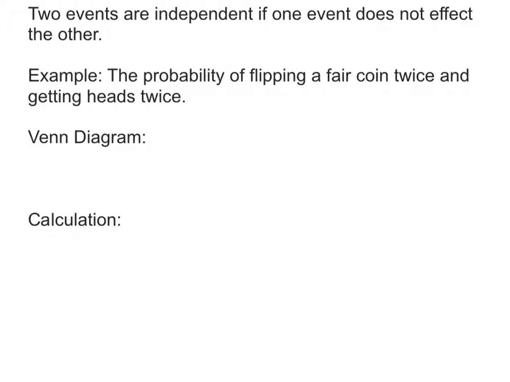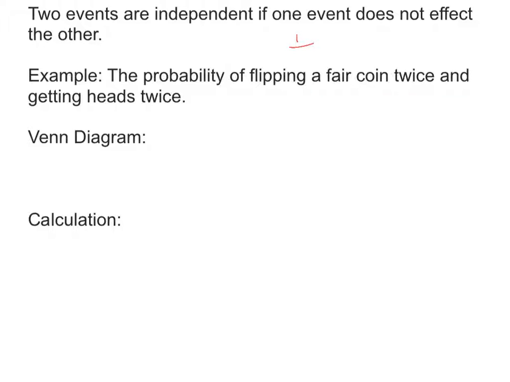Hello, today we're going to be talking about independent and dependent events. Now, two events are independent of each other if one event does not affect the other. So my example here is the probability of flipping a fair coin twice and getting heads twice. So what that means is if we wanted to figure out the probability of that happening, I'd have to flip